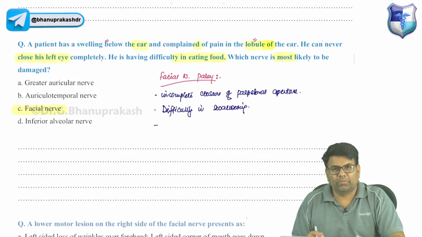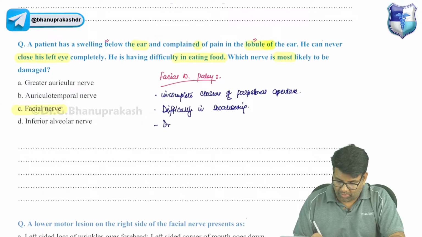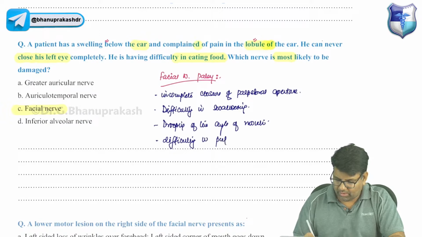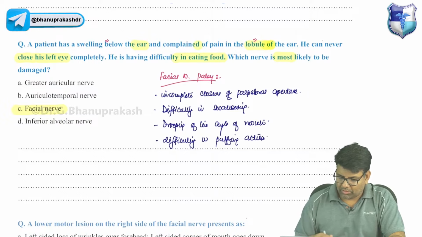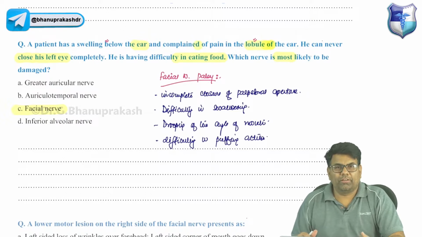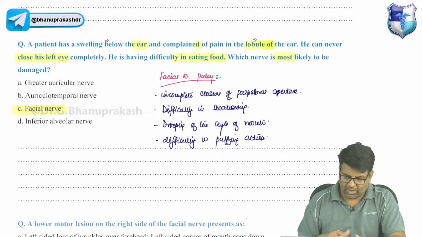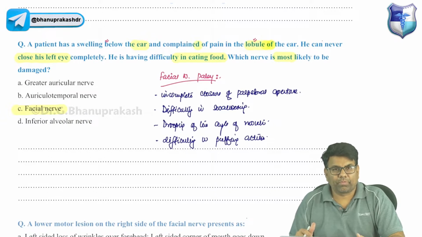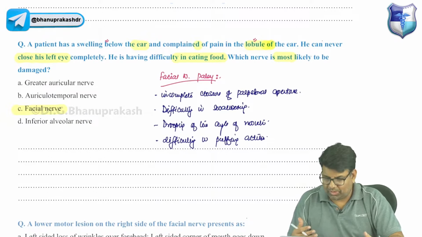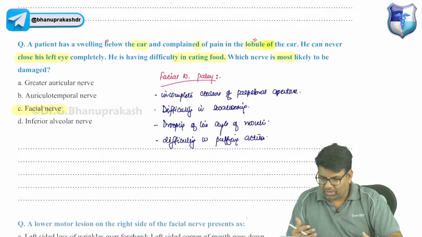Then if you look at the face, there will be drooping of the angle of the mouth, difficulty in puffing action. Okay. So these all go in favor of facial palsy, and that is related to the parotid gland. So whenever there is a tumor of the parotid gland,